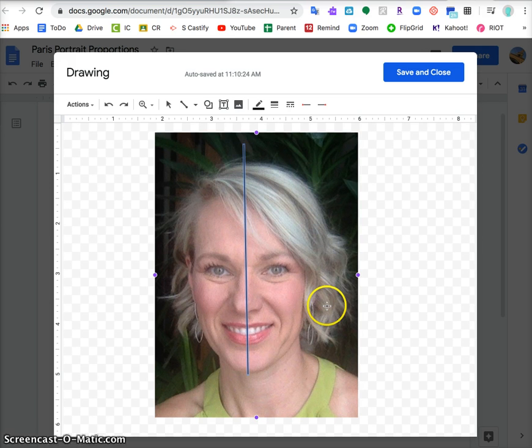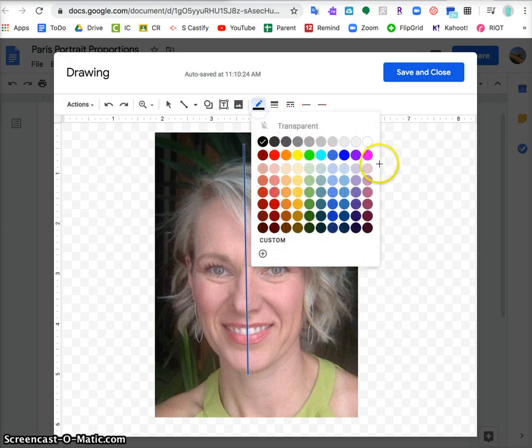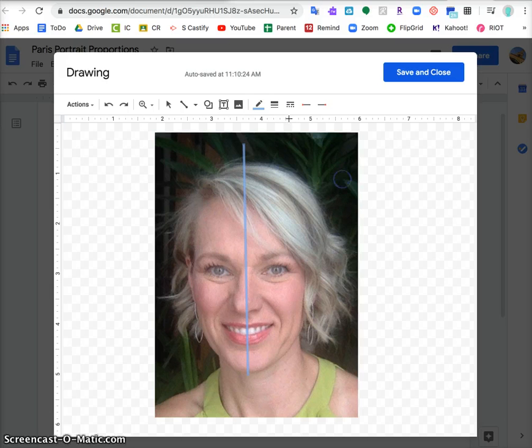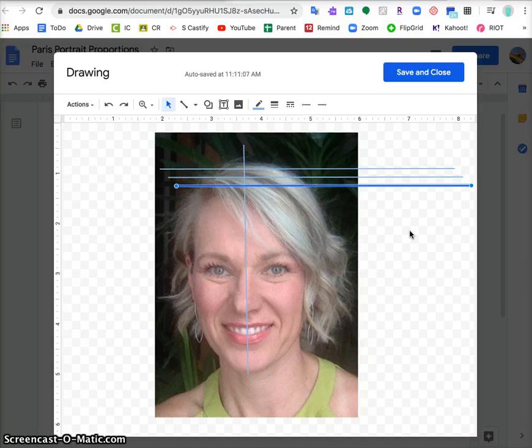Next, let's find out if my eyes are halfway down. So if I am drawing a line here, I'm going to make it 2 points just so it's a little bit thicker. I changed that first one, that's okay. My hair is slightly puffy on top, so I am leaving a little tiny bit of it sticking up above, but not much. Now I'm just going to copy and paste that line. So if you do Command C or right click copy, and then paste it twice. So I take these two lines and I move them down,